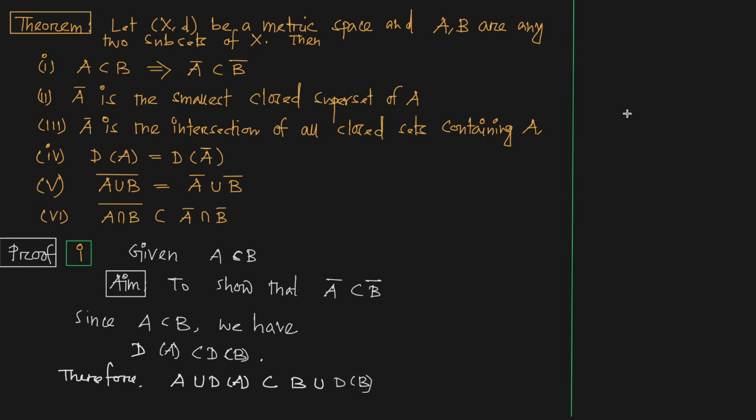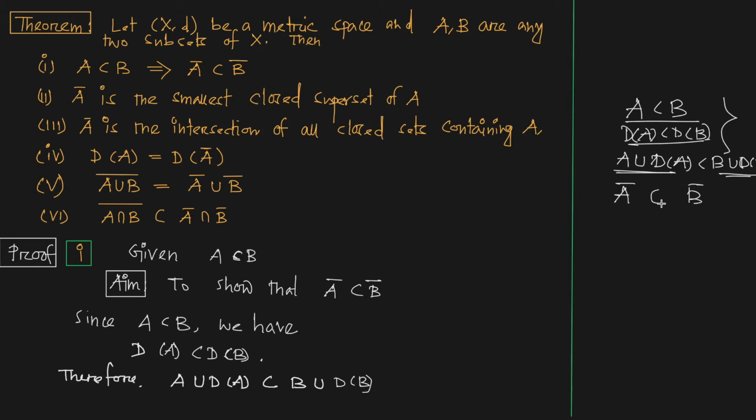See, here A is a subset of B and derived set of A is a subset of derived set of B. From just these two, what conclusion do we draw? If we take the union, that is A union derived set of A, this is a subset of B union derived set of B. So A union derived set of A means A bar, that is closure of A, and B union derived set of B means B bar. So A bar is a subset of B bar. Okay,